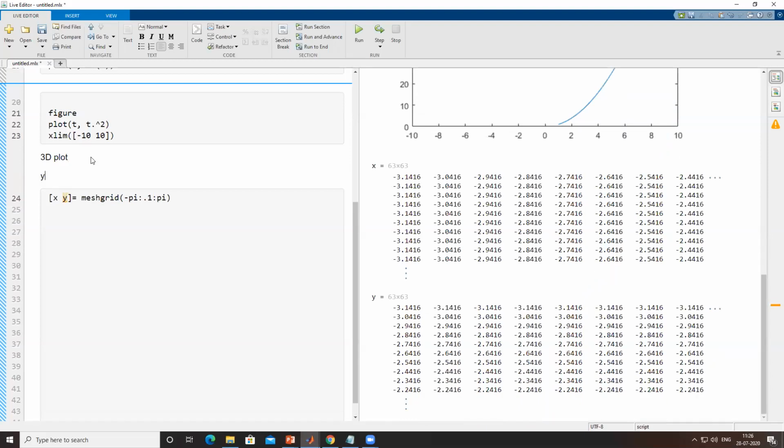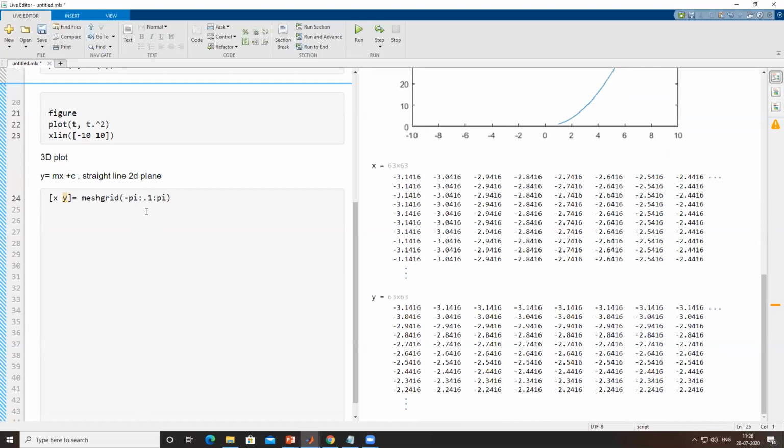A line equation always goes like this: y is equal to mx plus c, a straight line in a two-dimensional plane. But if I rotate that straight line at the center point, it will become a cone.